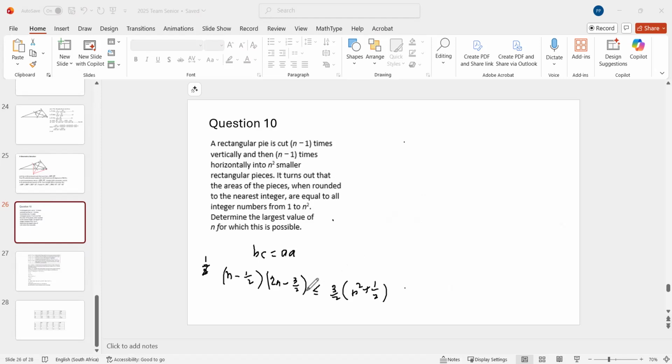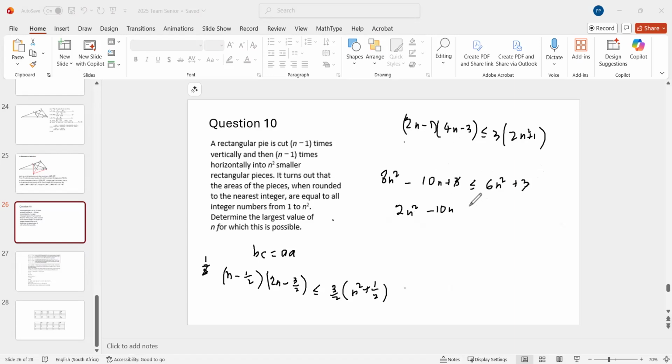So to get rid of the fractions, I multiply on both sides by 4, 2, 2, and 2, 2. So I get 2n minus 1. Multiply this by 2, you get 4n minus 3. Multiply this by 2, you get 3. Multiply this by 2, you get 2n squared plus 1. So you get 8n squared minus 6, minus 4n minus 6n is minus 10n plus 3 is less than or equal to 6n squared plus 3 again. The 3 is cancelled off, and you have 2n squared